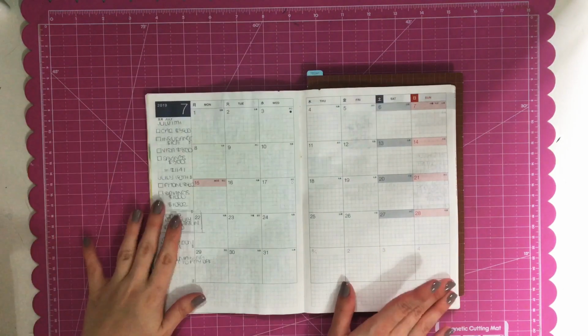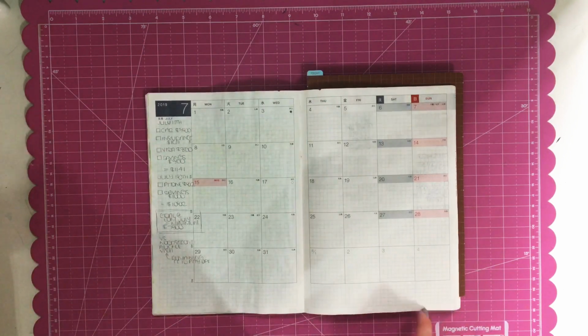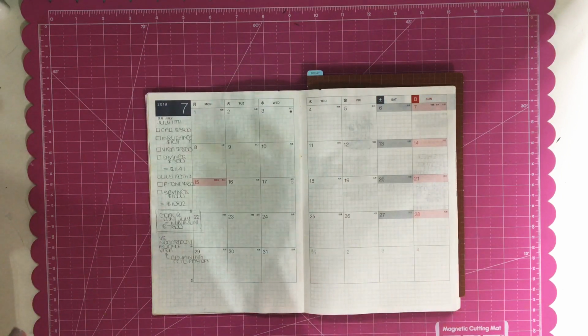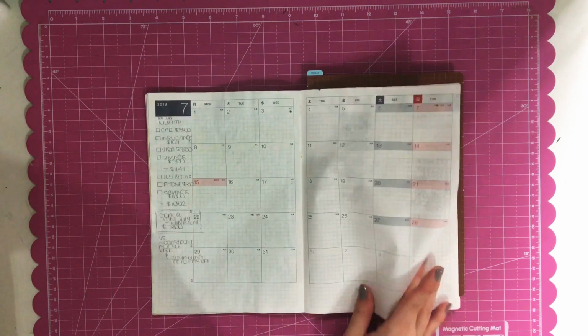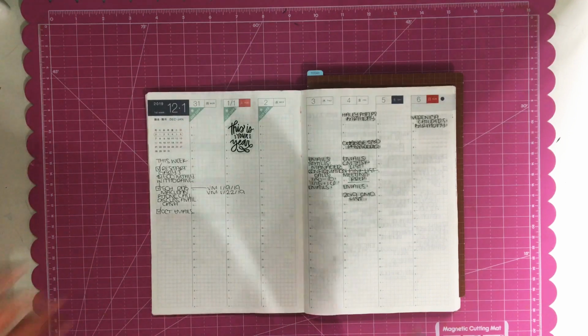So fun side note. Didn't do anything for July, and I really won't because July will be my one line a day as I flip over, and I do have to write myself a note that the June one a days will start in the other. So June and July, and December and January are the only time of the year that I carry 2 Hobonichis at one time, and that's such a pain in the butt, but it is what it is. So, for my weekly layouts,